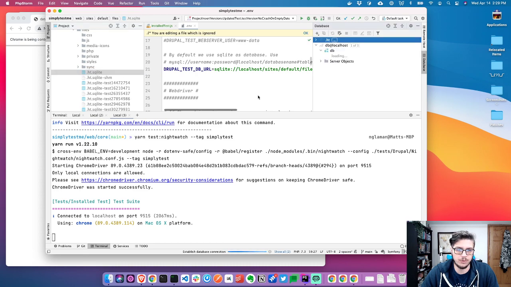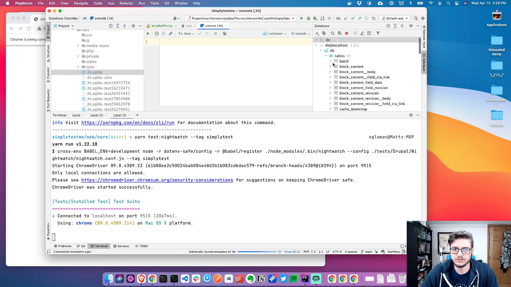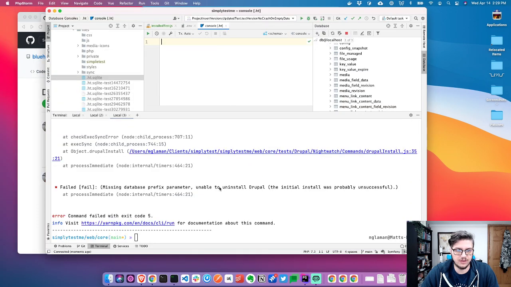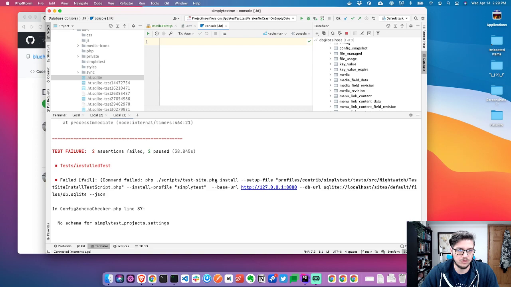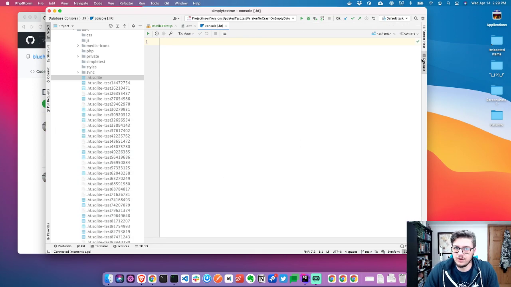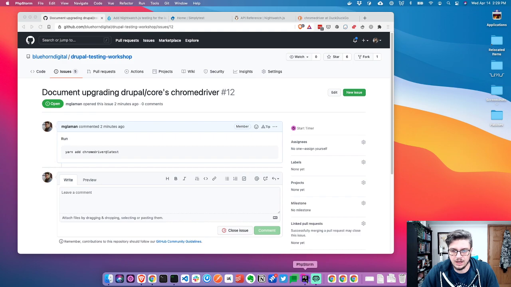But if I were to open it, that actually did not take that long to run. No, doing schema checks. So it installed, but we already found a bug,